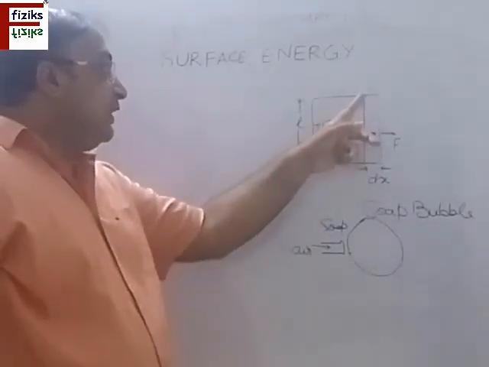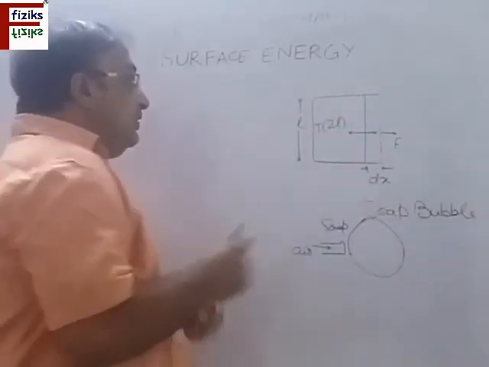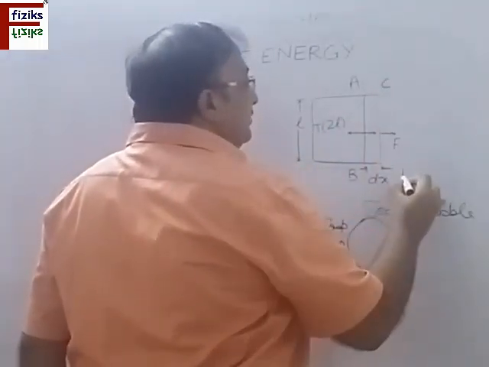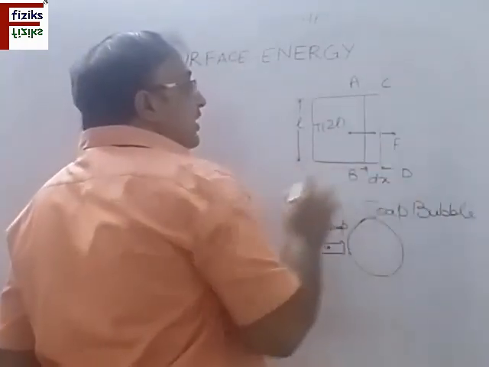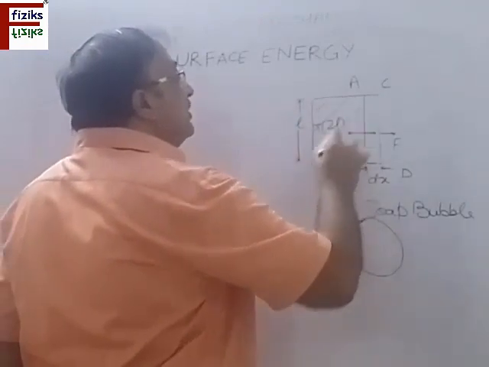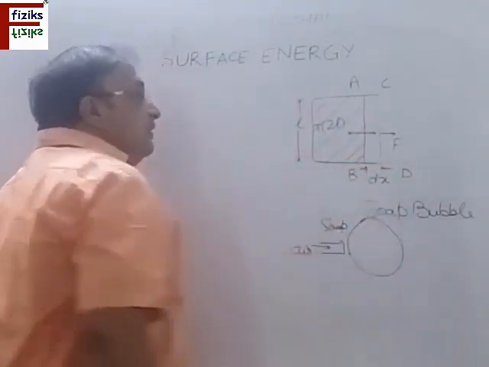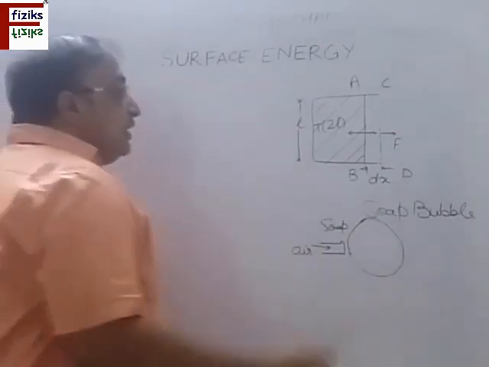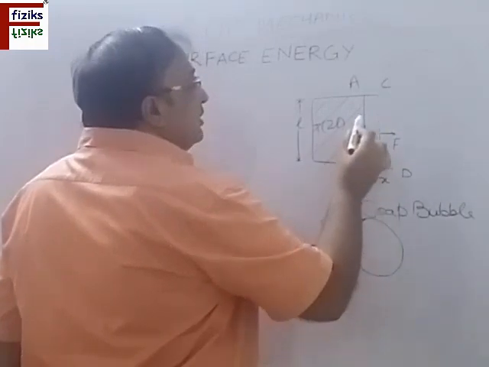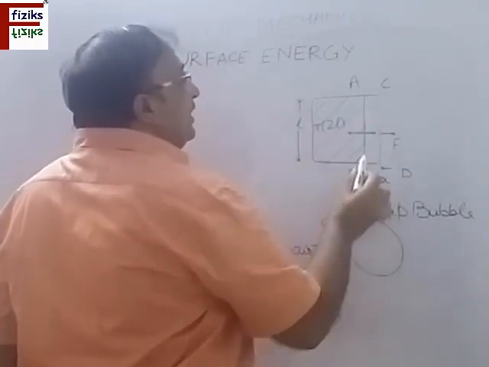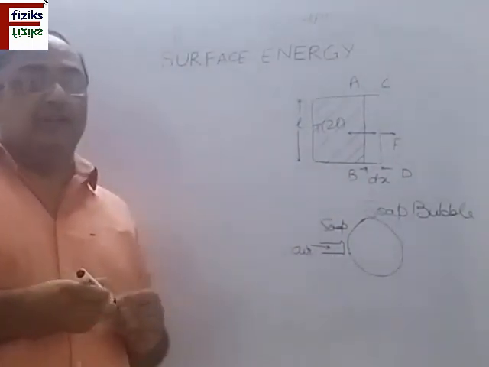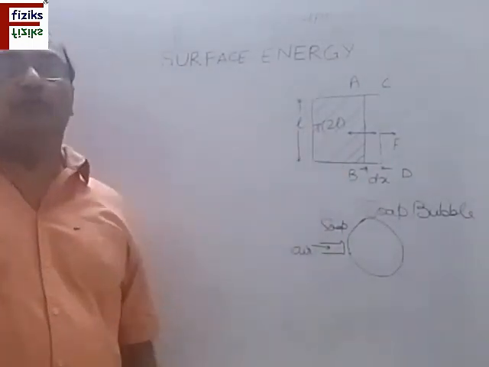Now when this wire is in this position, let us write this as AB, and the next position is CD. So wire is in this position AB. Now this solution of the soap forms a stretched surface. This is the surface formed. Now what are the forces acting on this surface in this condition? The surface tension force is T, L is the length. So T into L is the force acting here. But here we take this as T into 2L, double of this.